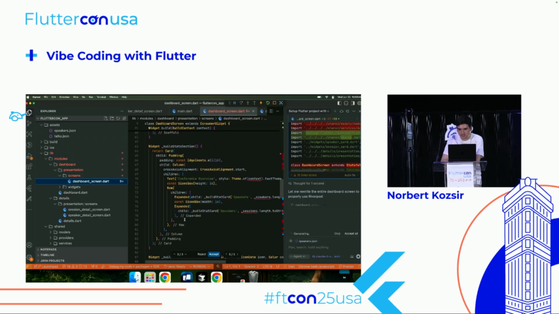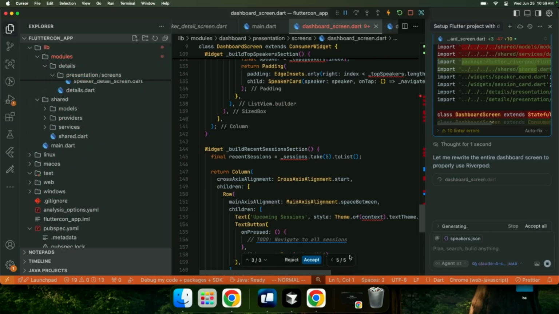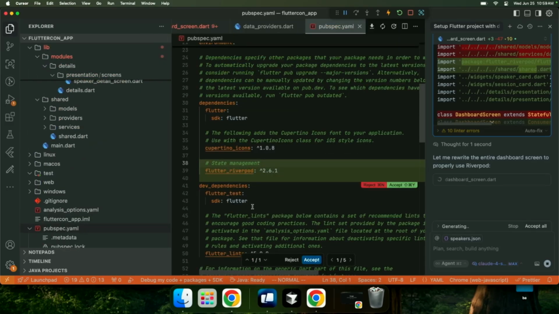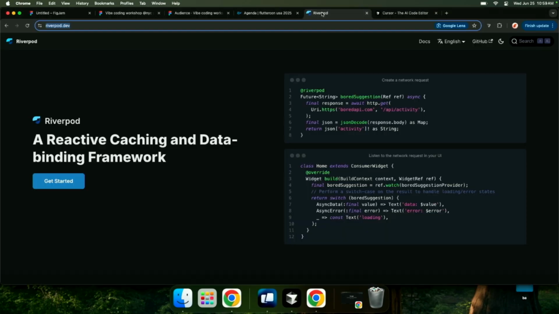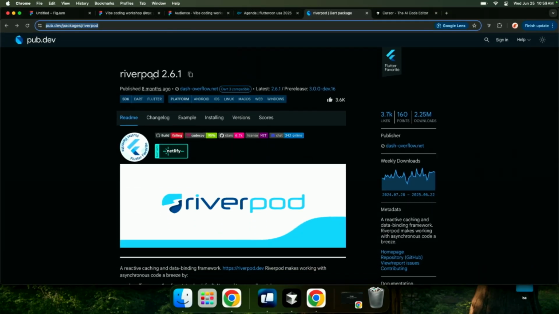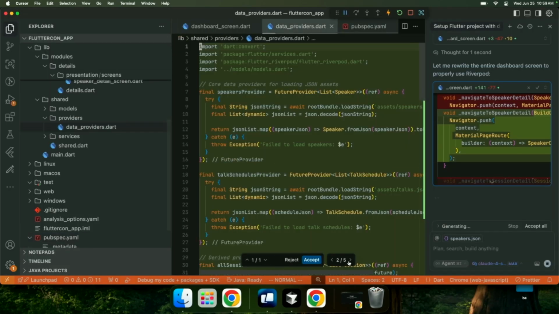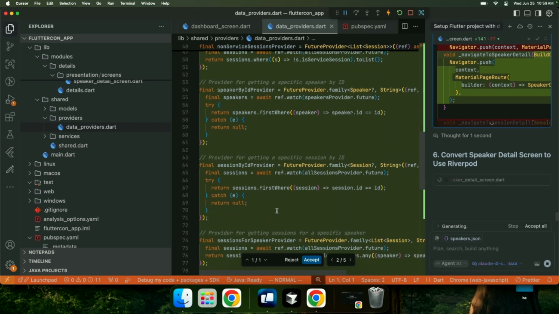So it is changing to a consumer widget, which is exactly what we want. It is adding Flutter Riverpod version 2.6, which should be the latest version because we gave it the reference to the page, yes. It's creating a bunch of providers, which is exactly what we want.